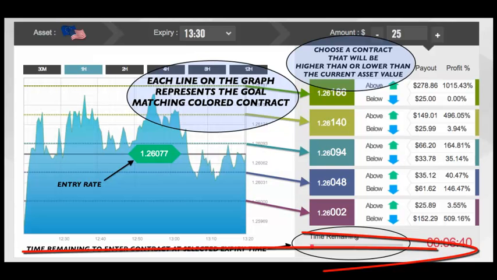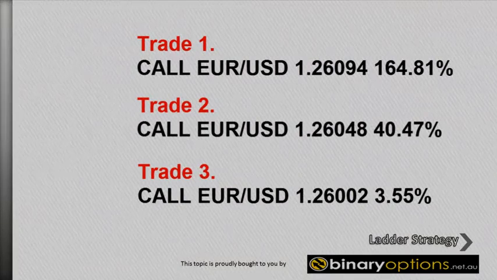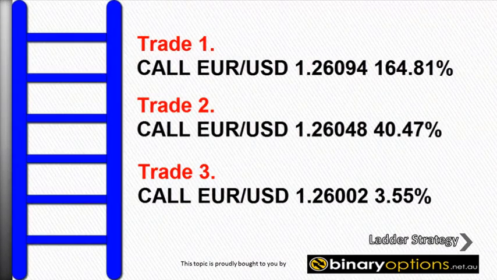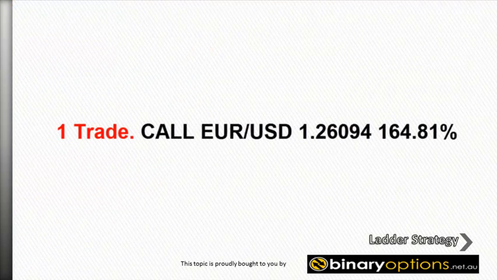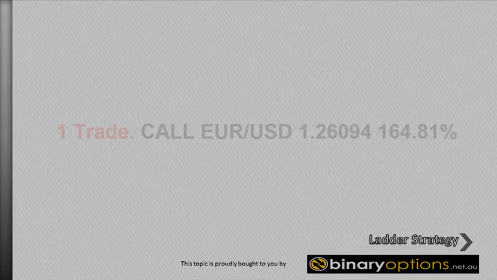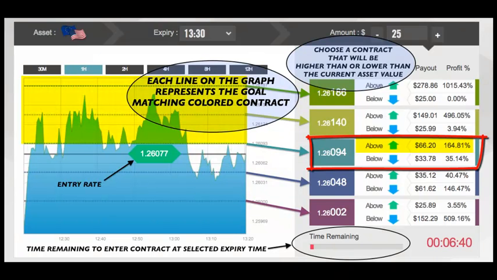We, as the ladder trader, open the three different call or put options on the Euro-US dollar with the three predefined strike prices, as opposed to one call trade with a 1.26094 strike price. Based on a trade amount of $25 per trade, the first trade in the ladder would be a Euro-US dollar call trade to be above 1.26094 with a payout win of